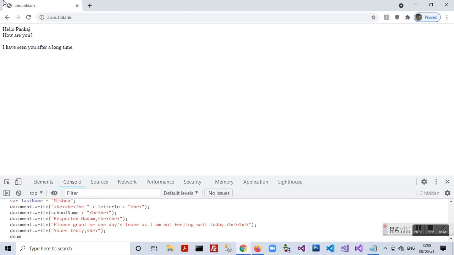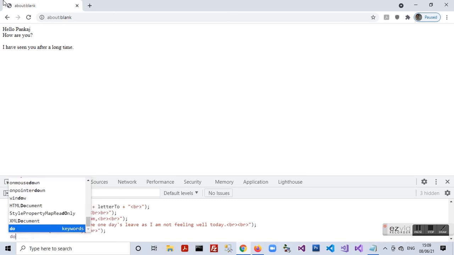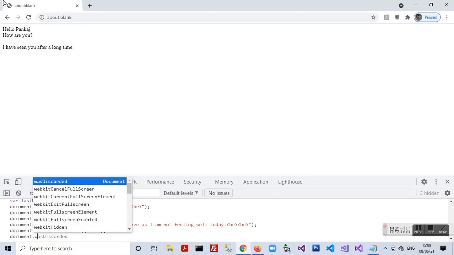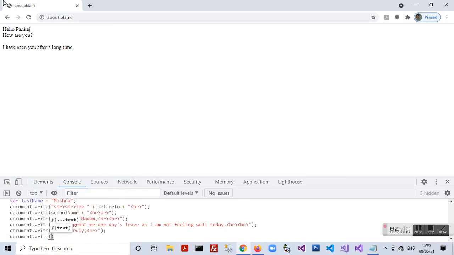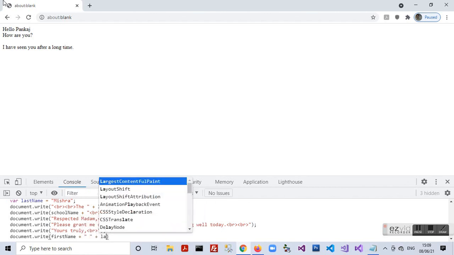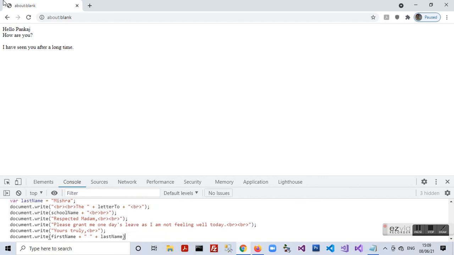And now we have our last line of code, which gives the name of the student by saying document dot write first name plus a single space within inverted commas plus last name. So this would give me Pankaj Mishra in my case. So I press enter after the semicolon to run this block of code.